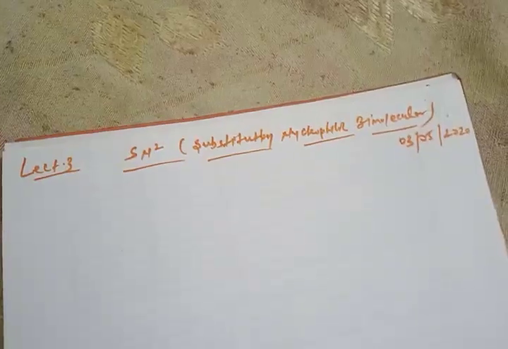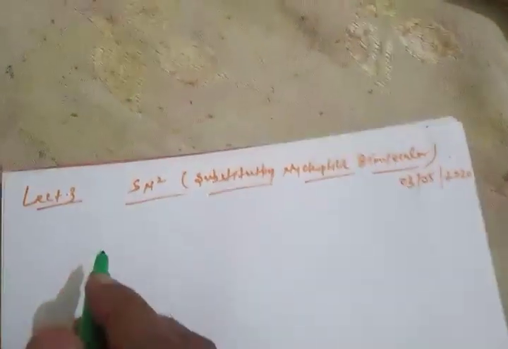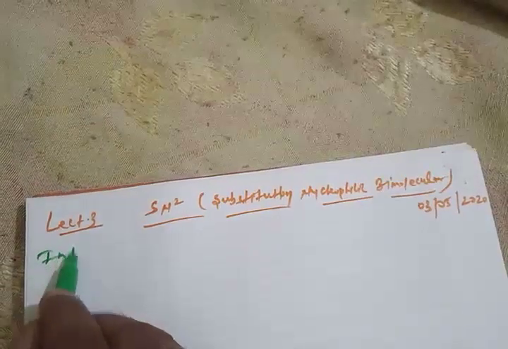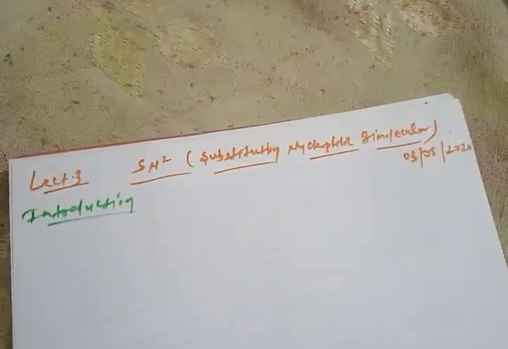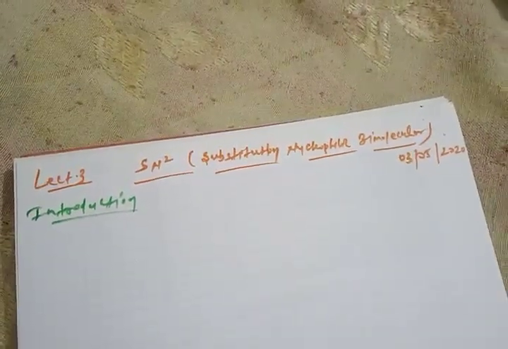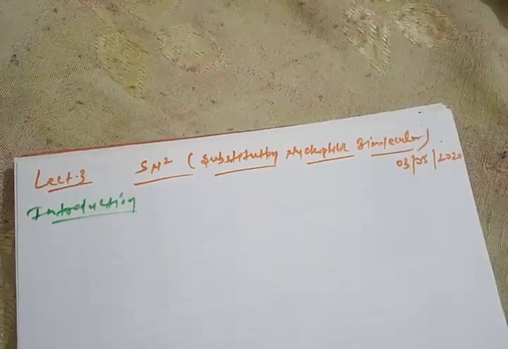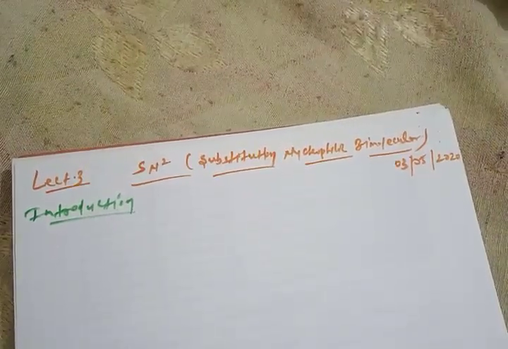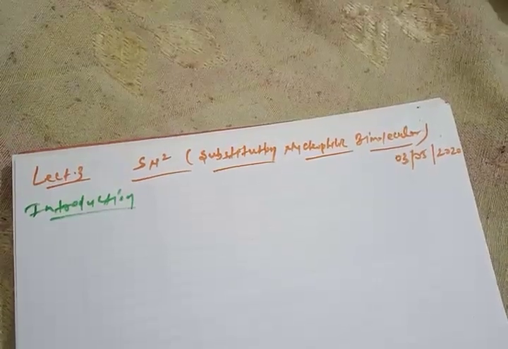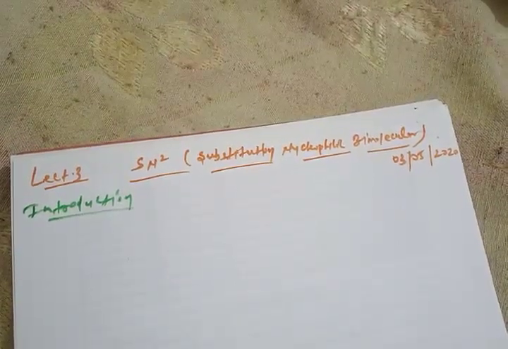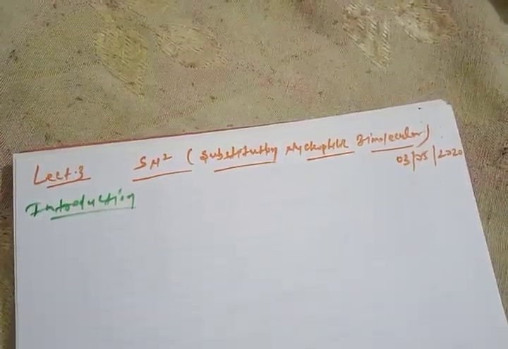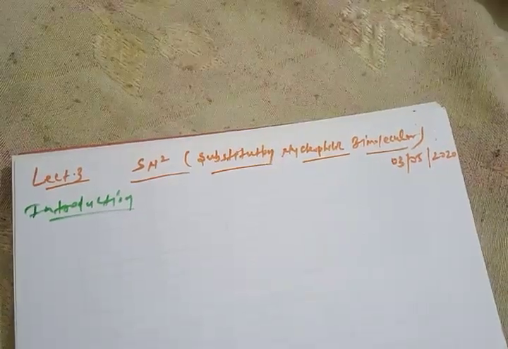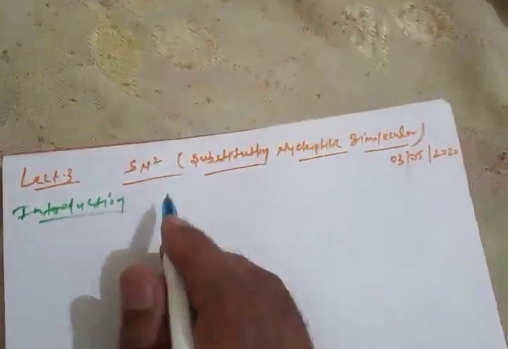Okay, so let's start the discussion of SN2, substitution nucleophilic bimolecular, the introduction of this section. See, in our previous video, we had talked about the unimolecular reaction. In that case, it was a two-step process and involved only one reacting species in the reaction rate. So for bimolecular, of course, it will involve two species. So what is the procedure? Let's start the discussion with an example.